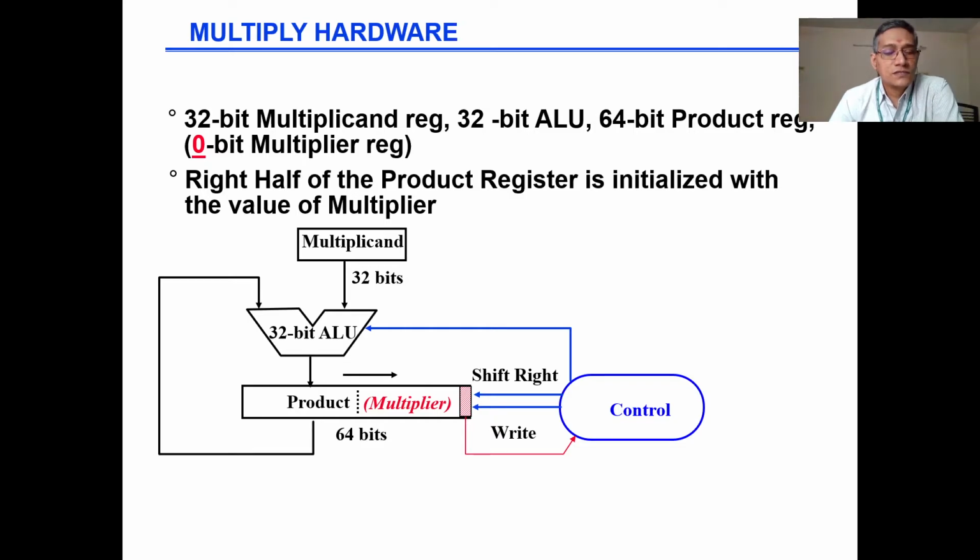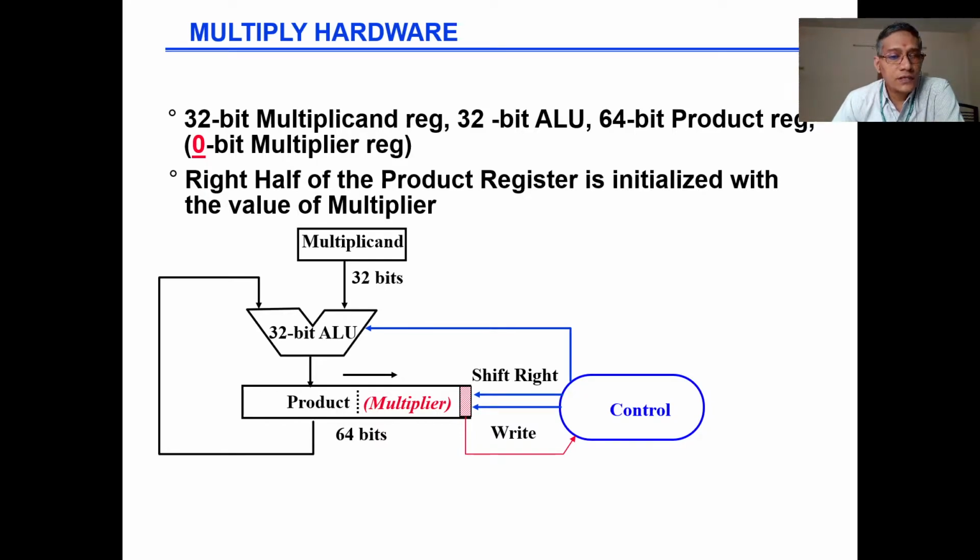Now, how is the sequential multiplication hardware implemented? With respect to the MIPS architecture, we know that MIPS has a 32-bit instruction format and 32-bit data, so it can handle 32-bit information at a time. When we organize the ALU for MIPS, we need to have 32-bit registers.